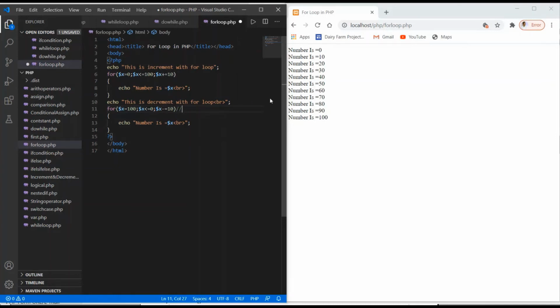Or what you can do, instead of this you can also write $x = $x - 10. This statement can also be written this way. So either way you can use it here. So if I save, in order to view the results, save your changes in the program, and here we go,